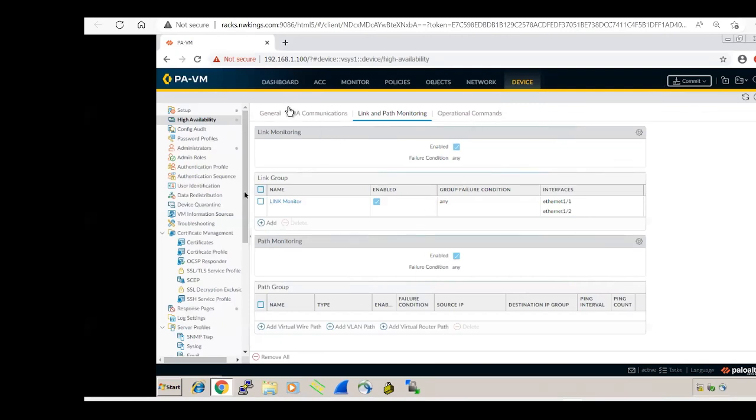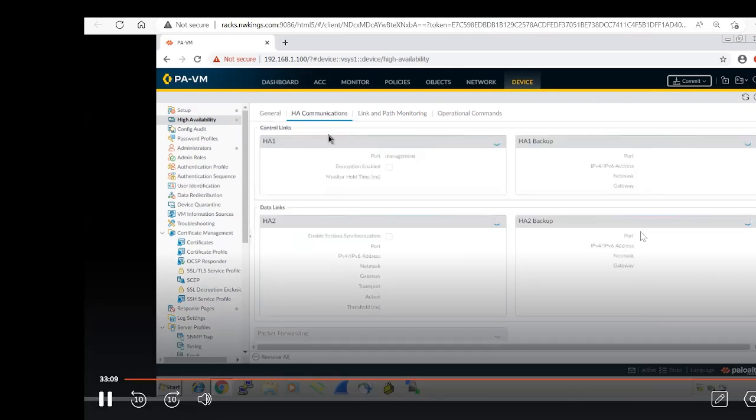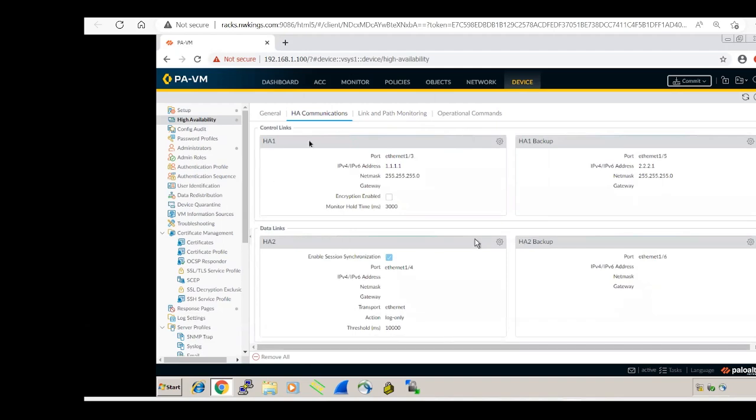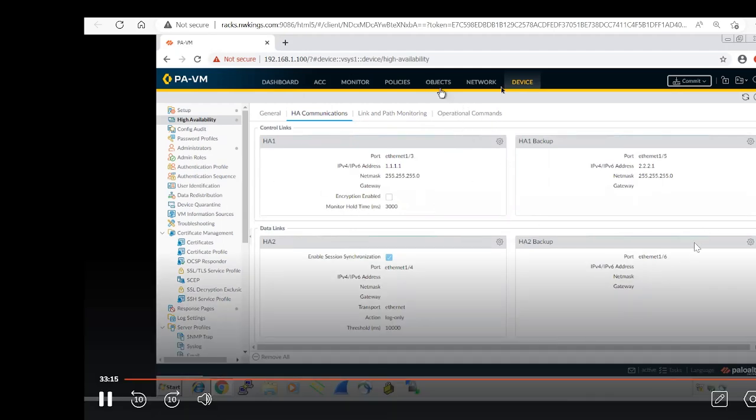So, guys, whatever changes I'm going to make in high availability, make sure high availability changes will not be passed here. We need to make the changes on both sides. High availability changes need to be done on both sides. It will not sync. Rest all of the network objects, policies, VPN, everything will